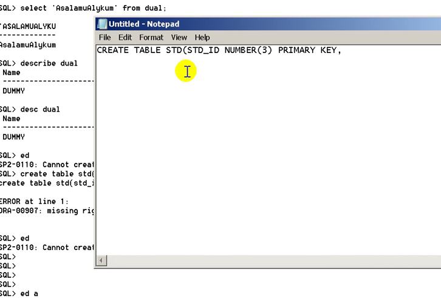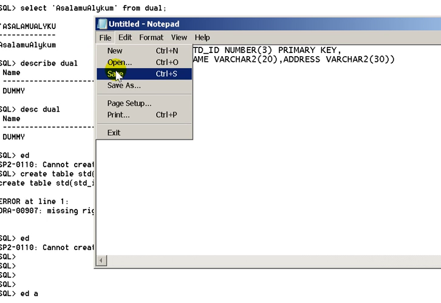then I will have name. Name is going to be varchar2, and size is going to be 20, for example, comma, address. Address is again varchar2, and say 30. Okay, got it? So I can save it